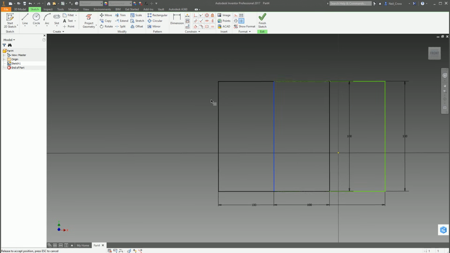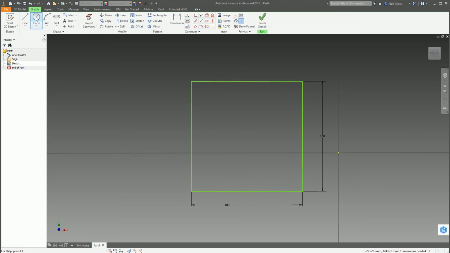Okay, so some other constraints that we've got. We'll do the AutoCAD example. So we'll draw a circle, and then what we'll do is we'll snap to the midpoint of the top edge, and that creates a constraint. That creates a coincidental constraint at the center point of the top edge of the rectangle. See the little glyph goes green. That's to let you know that there is a snap at the top edge.